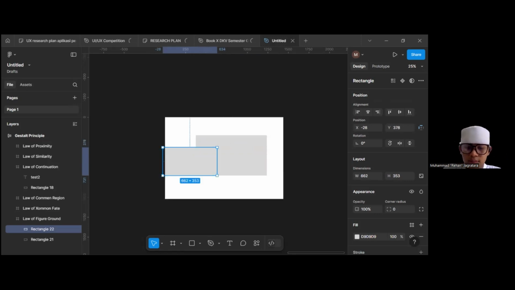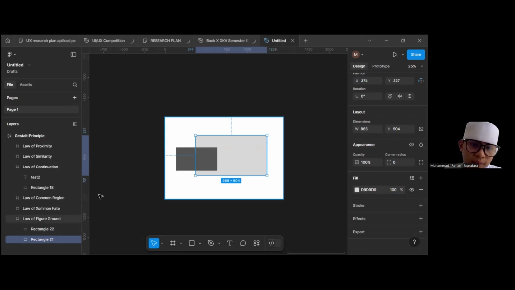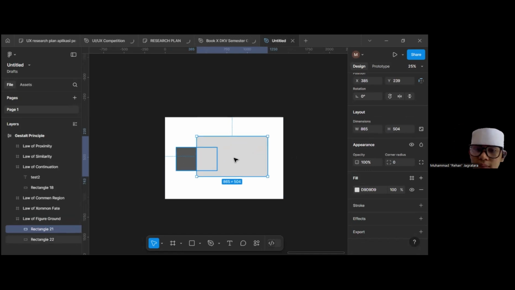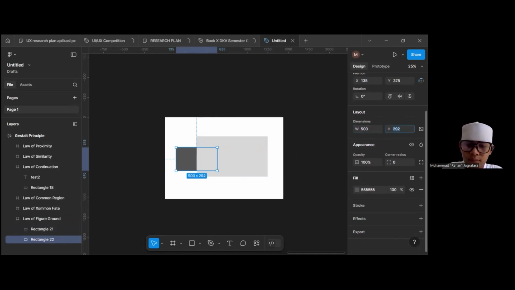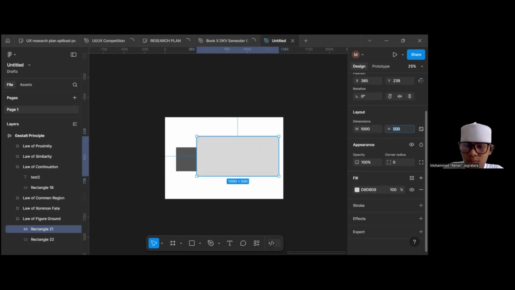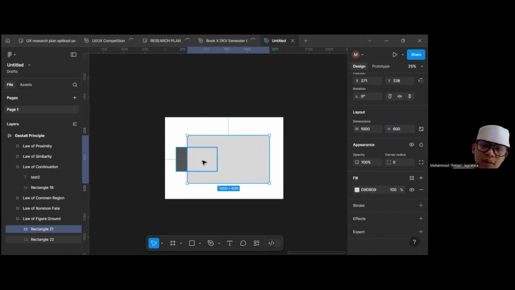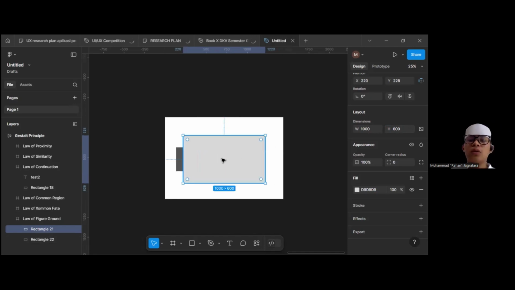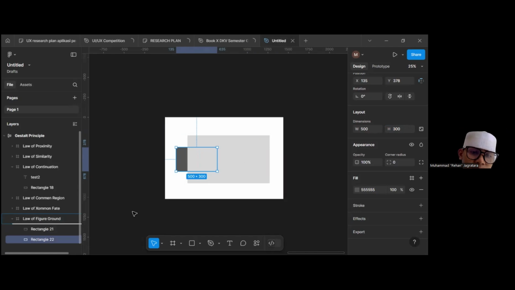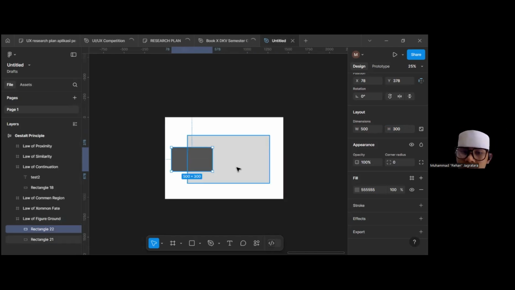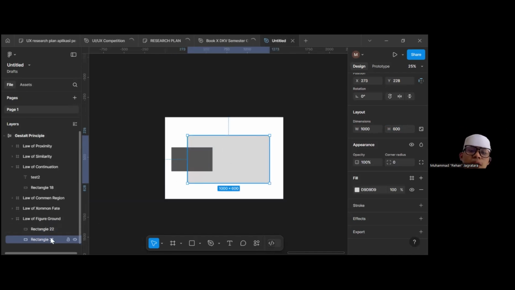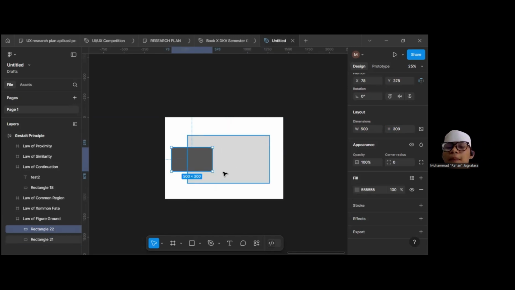For example, this is the first page, and because it is in the front, everyone will think this is the main page. Even if it is not clear, we will still think this is the main page, like a pop-up as an example.